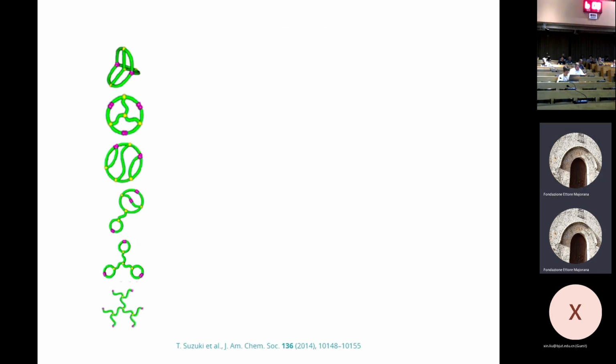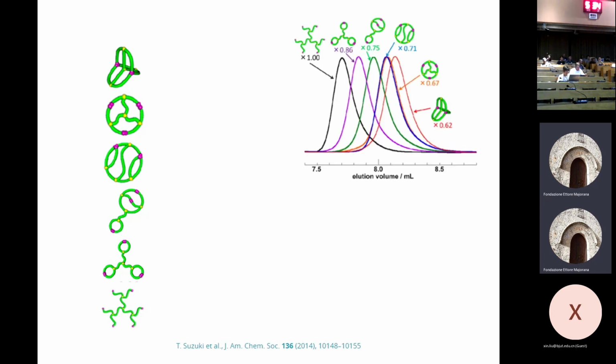And okay, so this is going back almost 10 years now. This is the Tezuka lab. They synthesized these different polymers. So all of these things have exactly the same molecular weight. It's the same number of atoms, right? Basically, you take this template, this tree graph, and then you glue these purple nodes together in different ways, and you get these different graphs. So, exactly the same molecular weight, exactly the same atoms in all of these things.